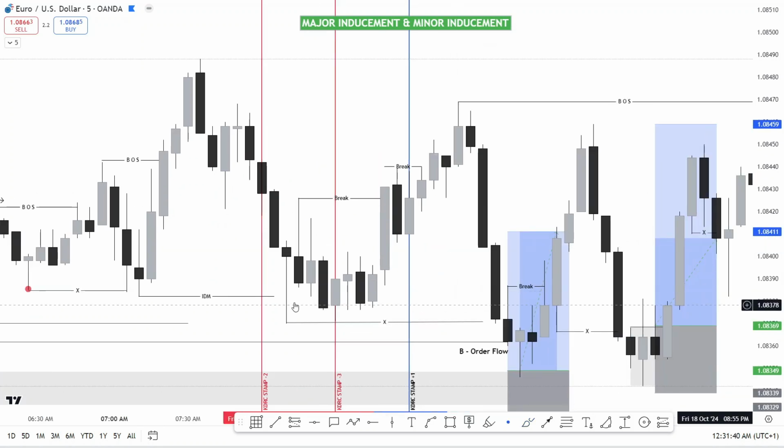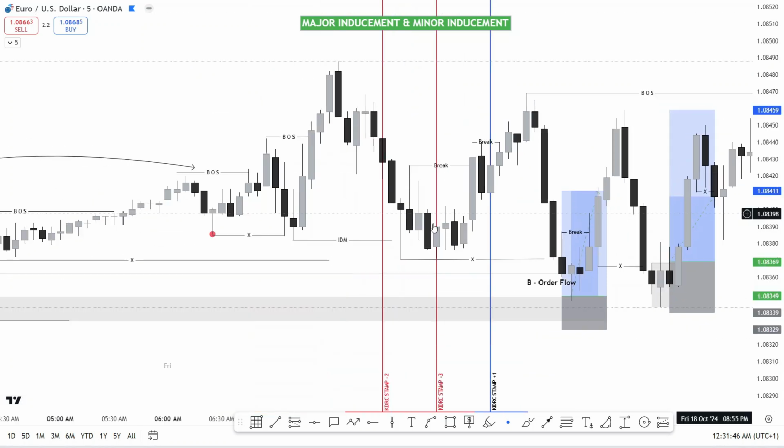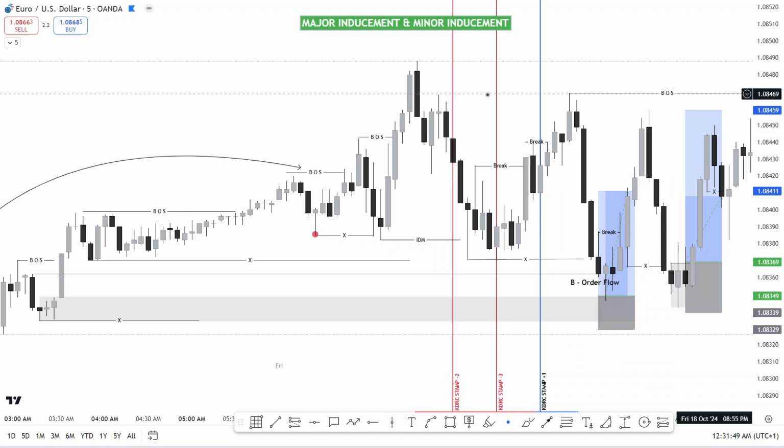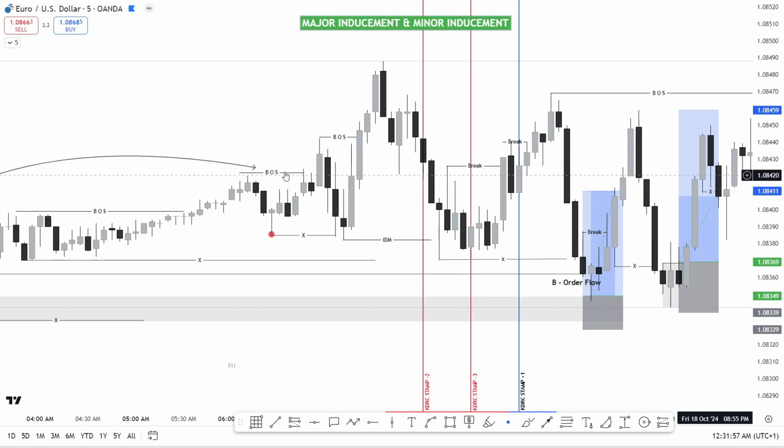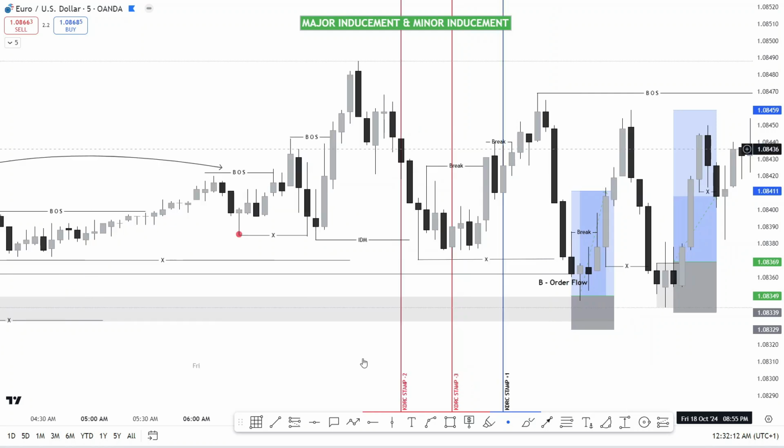Immediately inducement happens, what happened? Price continued to the upside. So why did I take this trade? You now know why I took this trade. Immediately this was broken. If you notice, before we added this one, this was the only one I had here, because I already used my eyes to pick the rest. So break of structure, inducement, price came and reacted from this inducement, pushed up, but take note, price failed to take this high,